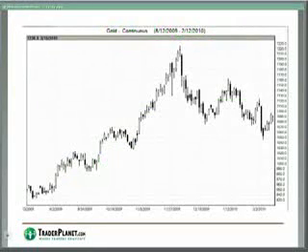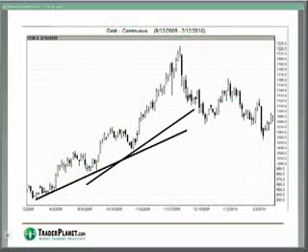Just to look at it on a chart a little bit and give you some idea here of what we can see on a chart. Of course, you have your trend lines. Where does that trend line go? Is that the correct place for the trend line? Is this the correct place for a trend line moving up? Is this the correct place for this downtrend?